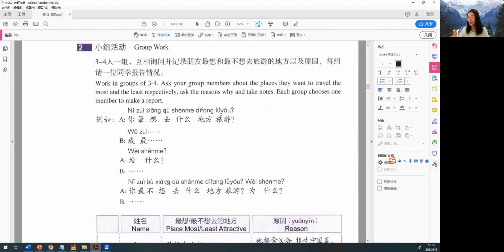Apparently I don't have a group here, so I'm going to ask myself and answer by myself. Please read after me of the questions, and focus more on your tones difference to practice the tones difference. All right, so let's look at question first. 你最喜欢去什么地方旅游？A bit too fast. Okay, I'll say it more slowly. 你最想去什么地方旅游